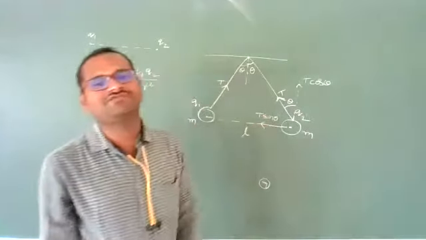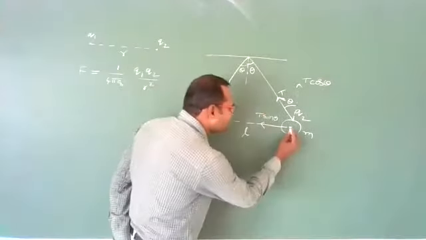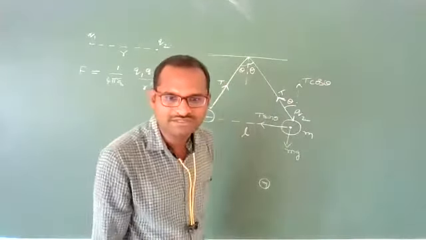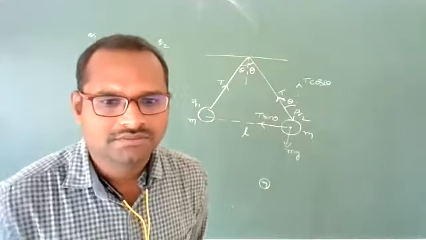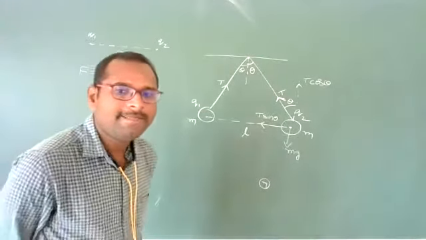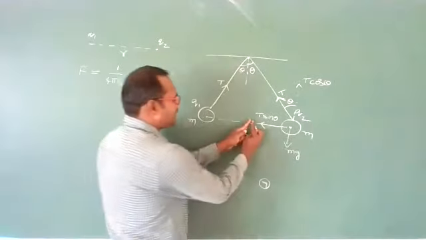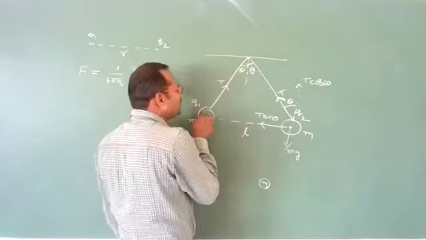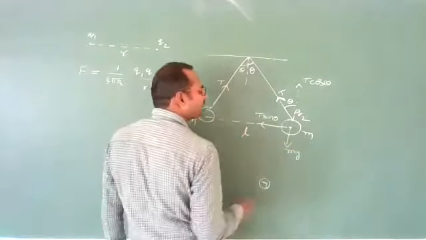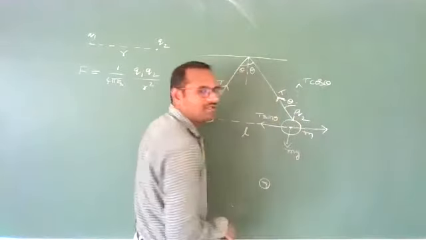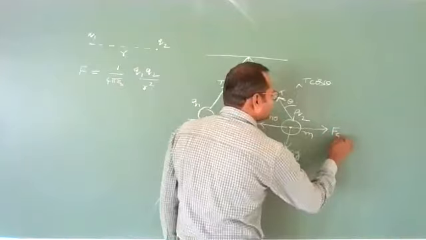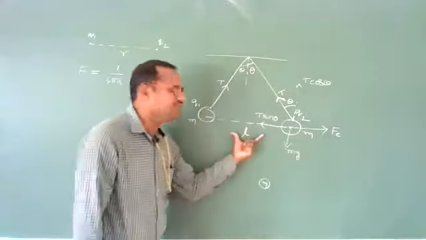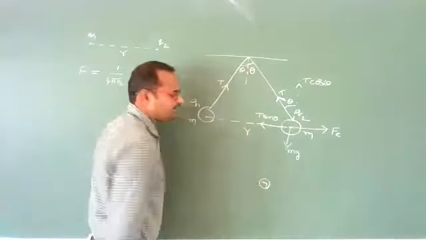Still, what other forces are acting on this? One force, weight, is acting vertically downward. The weight of this spherical ball, mg, is acting vertically downward. And the electrostatic repulsive force also will be there, repulsive force due to Q1 on Q2, in this direction. I am writing electrostatic force Fe. Later I will write that value: 1 by 4 pi epsilon naught Q1 Q2 by the distance between them, L square, or if this is R square.